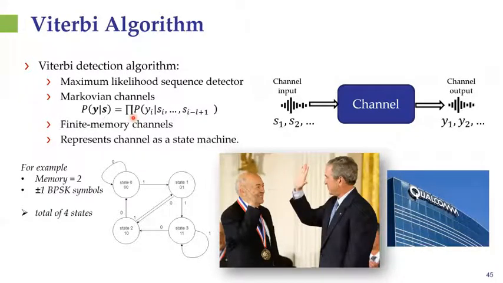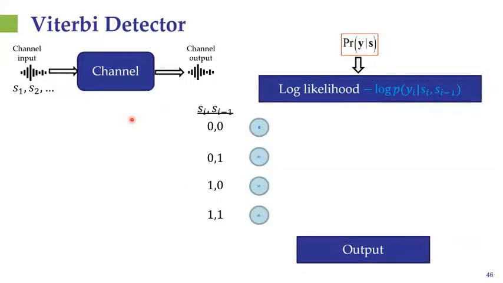And to understand how this algorithm works, let us do it in a heuristic graphical manner, which captures the essence of the Viterbi algorithm. So we have a finite memory channel. Namely, we have a channel in which the channel output at each given time only depends on its L previous channel inputs, its L transmitted symbols. And in this specific example, we'll consider just memory of size 2, namely each channel output depends only on the current channel input and the previous one. And we're essentially building upon the fact that because it's a Markovian conditional distribution, we can factorize the log likelihood as the sum of corresponding log likelihoods.